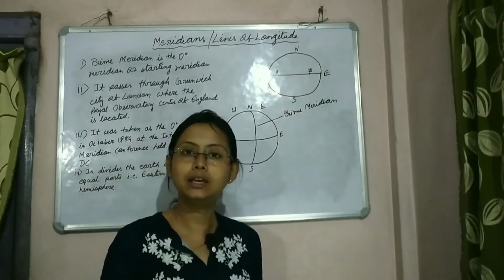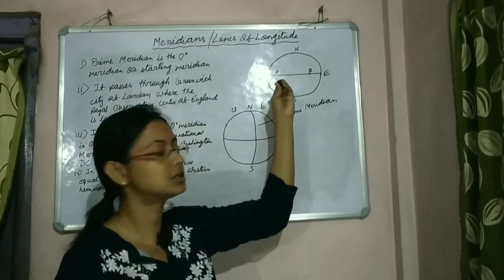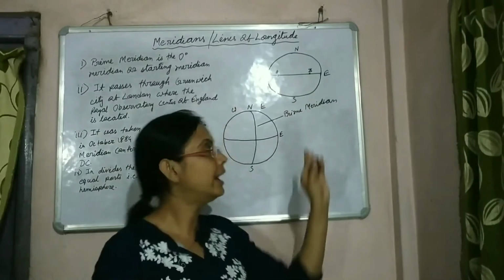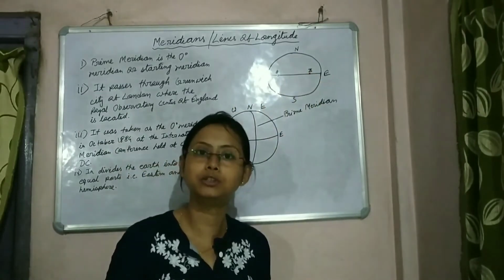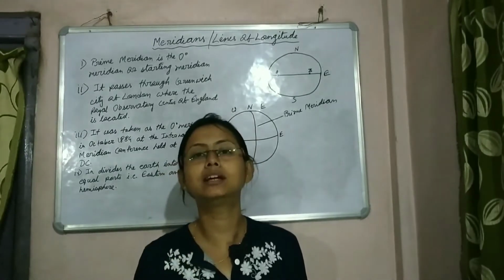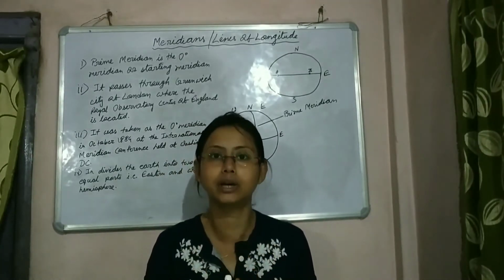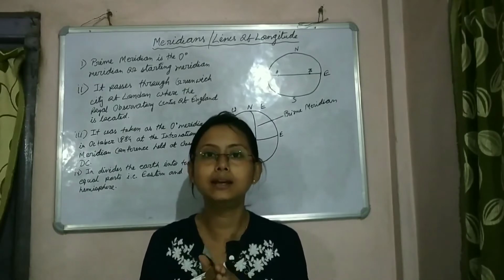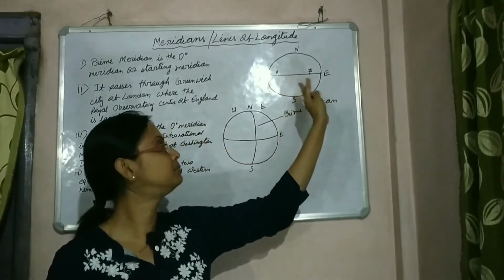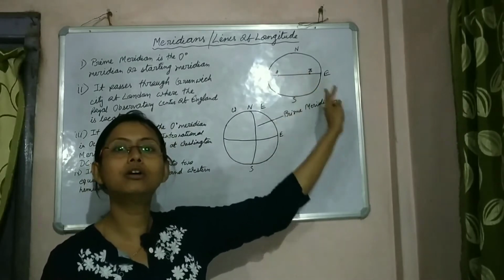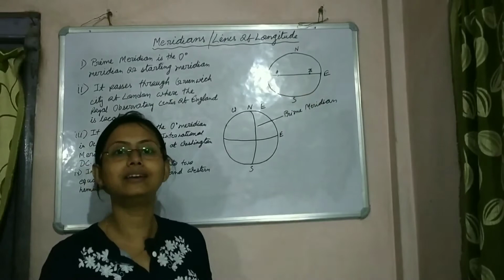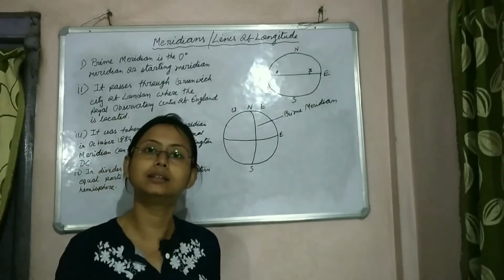So if I ask you what is the location of place A, the answer will be 0 degrees. And what is the location of place B, the answer will be 0 degrees. Now, hearing this answer, anyone will think that maybe these two places are located together, that A and B may be neighboring places. But no, you can see here both these points have a long distance between each other. So that is the reason why one set of lines is not enough. We need another set of lines.